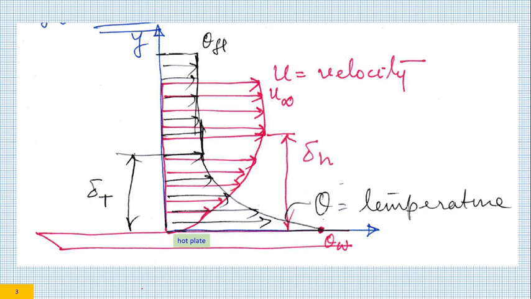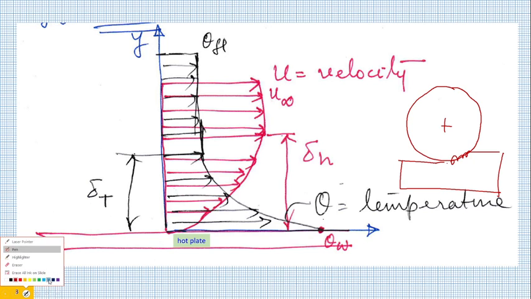What is this? In grinding, this is your grinding wheel and this is the workpiece. This is your hot zone and this is your high grinding zone temperature, this zone. So that we are replacing with a hot plate. So this hot plate is at a temperature of theta W and grinding fluid is being applied.